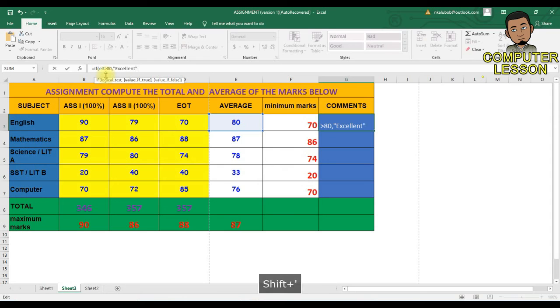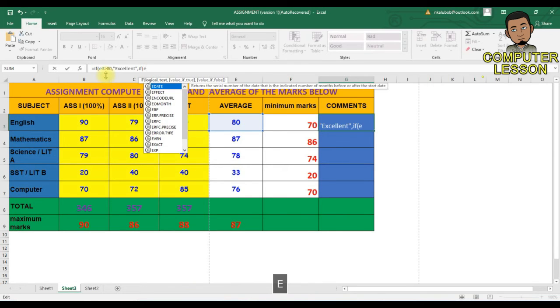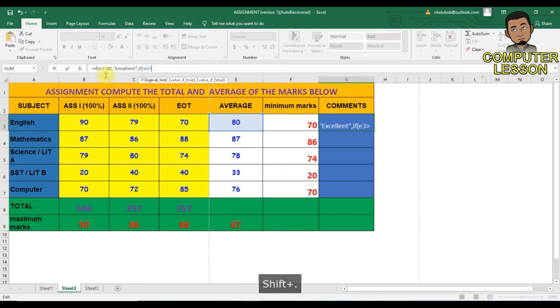We close, open another IF, E3 is greater than 60%, we should get very good.